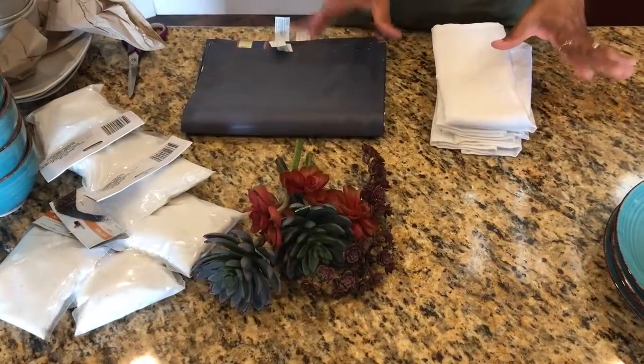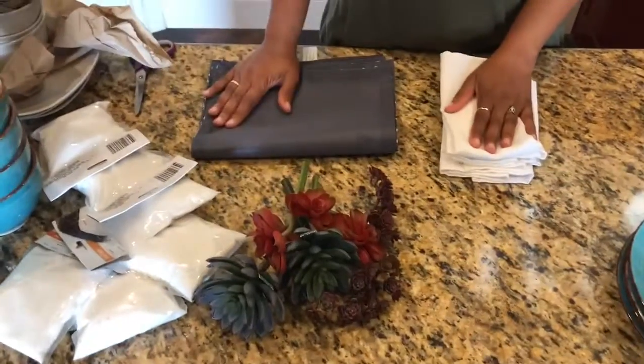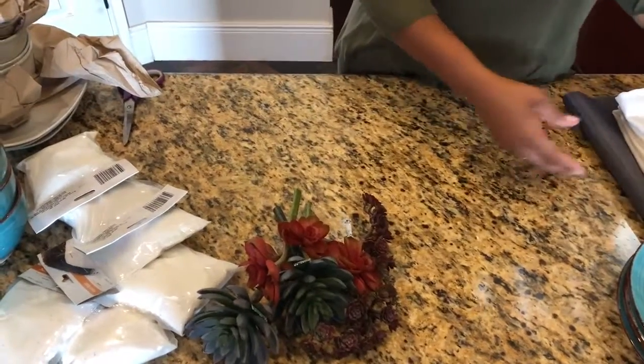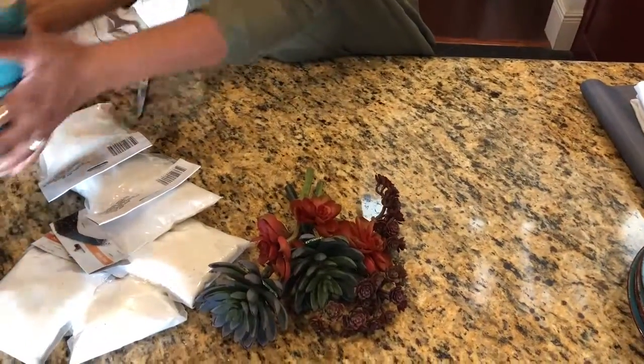So we got everything unpacked. I'm gonna set out everything that's actually for the table setting, because remember we got the princess table setting stuff, as well as the centerpiece stuff from...